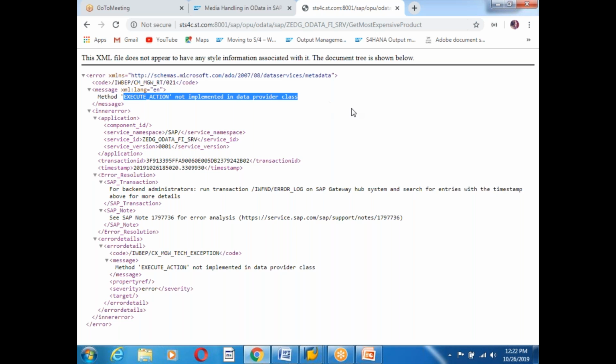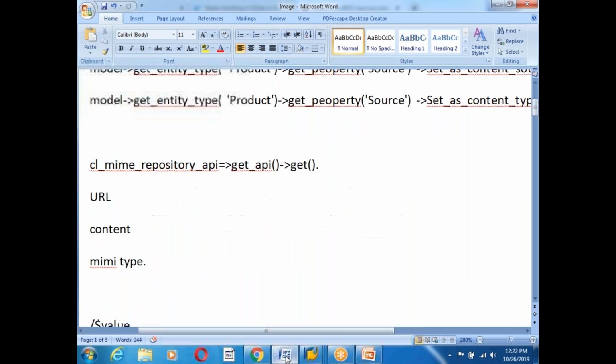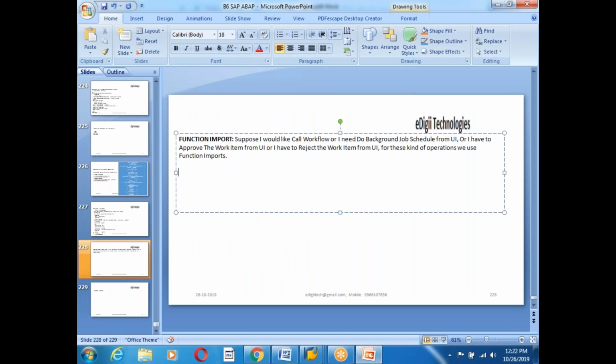This is the question: whenever you call the function import, which method will be executed? The method is execute underscore action, guys. That's one of the interview questions. Okay, this is the function import, and whenever we have to call a function import,